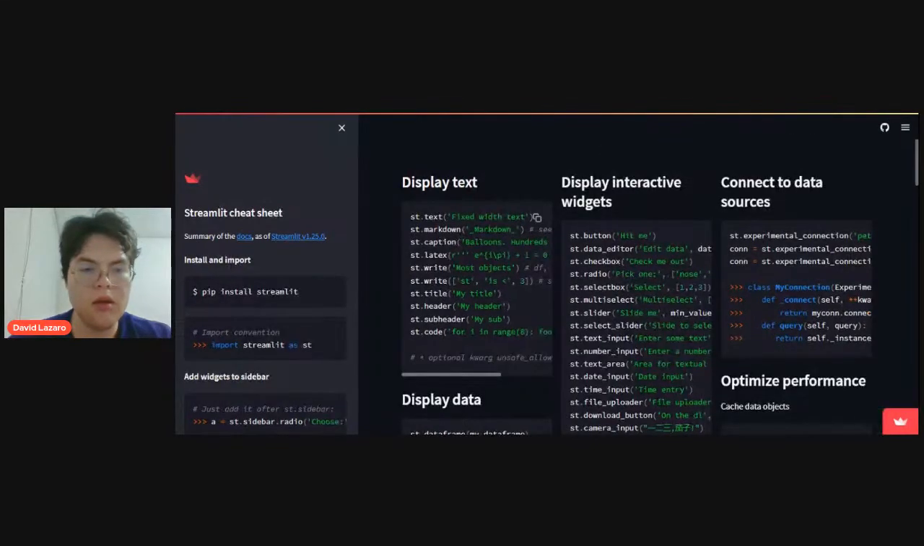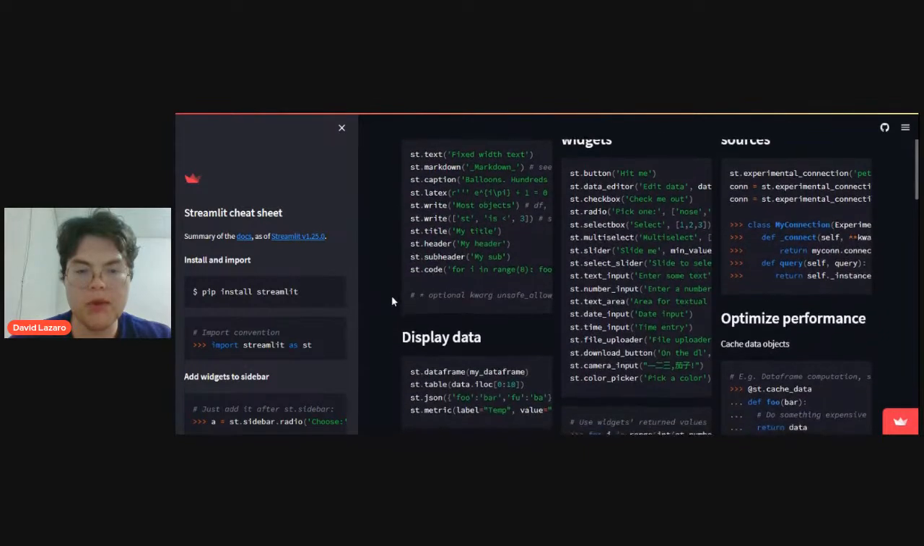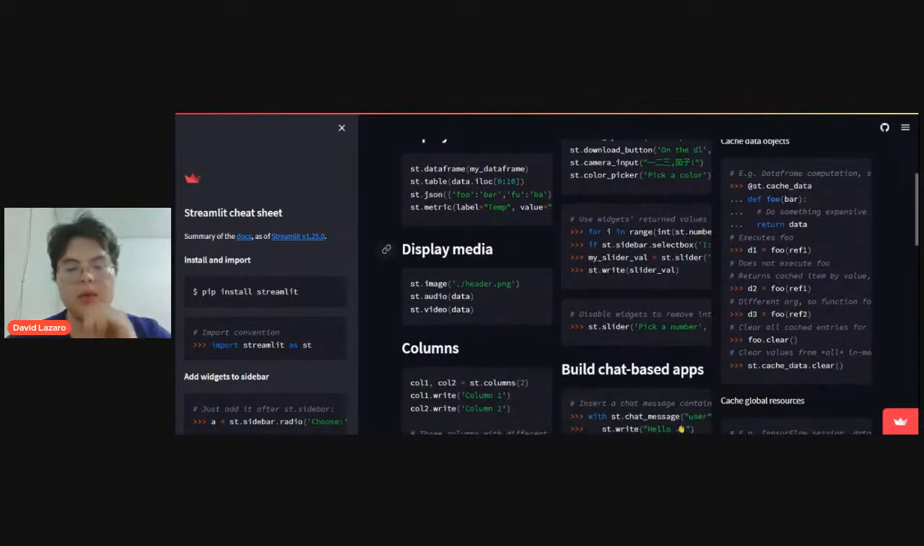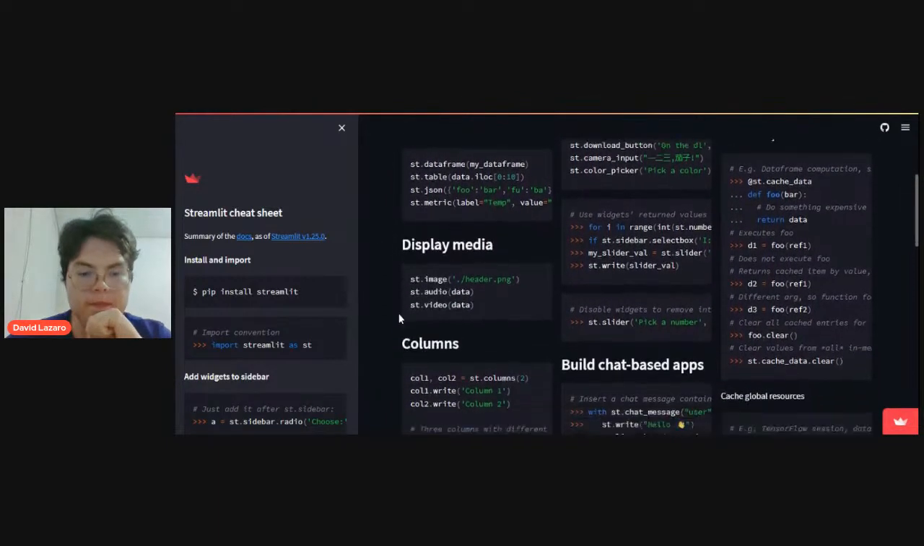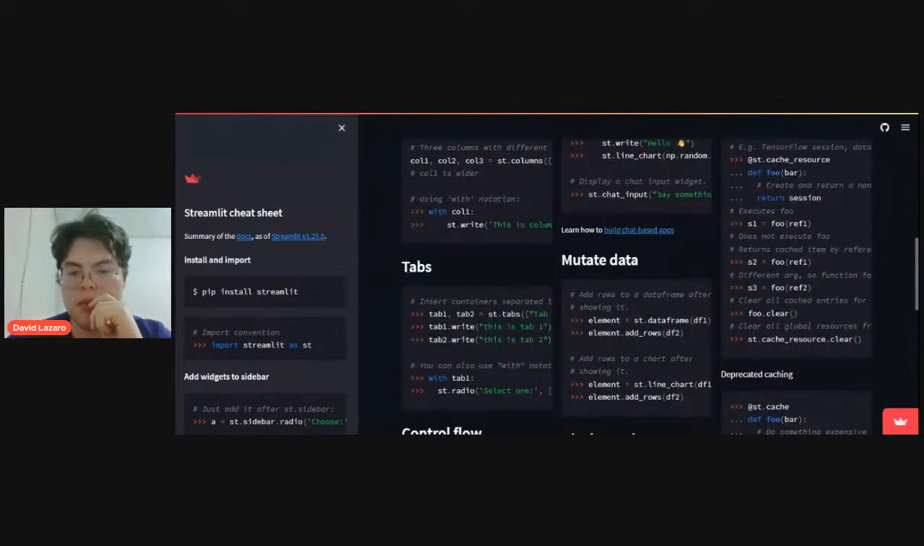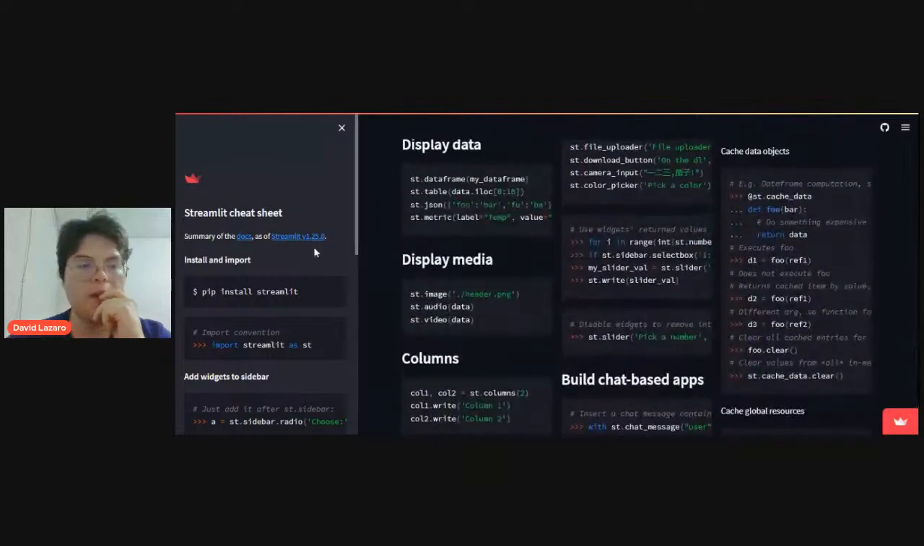Let me share my tab. Okay, so display text, display interactive widgets, connect data to sources. Okay, markdown, caption, latex, right, display data, display media, columns, build chat-based apps, mutate data, tabs, control flow, display progress status. Okay,